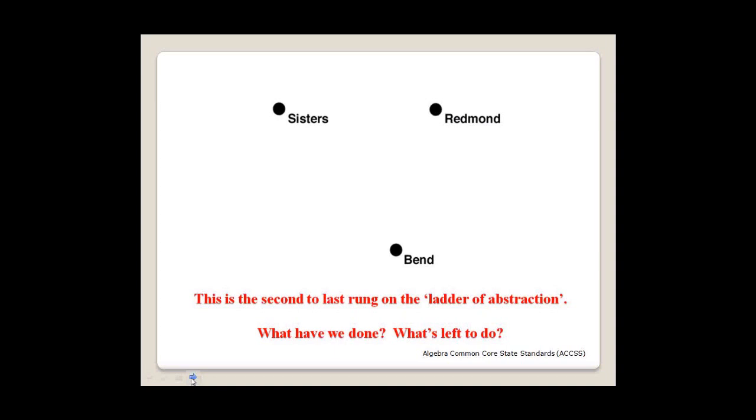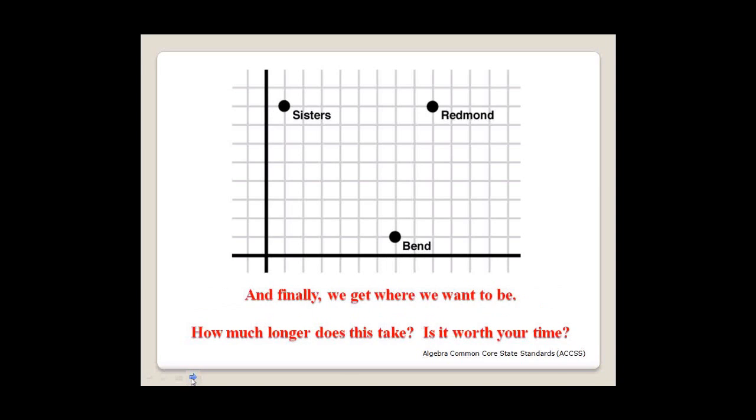And let the kids come to understanding that numbers can't just exist in space. You have to give them some organization. So hopefully they figure out, you know what, why don't we put it on a grid? And now I can actually count. Well, Sisters and Redmond are 1, 2, 3, 4, 5, 6, 7. There are 8 apart. And Redmond and Bend aren't on the same line. So how do we figure out how far apart Redmond and Bend are, how Sisters and Bend are,